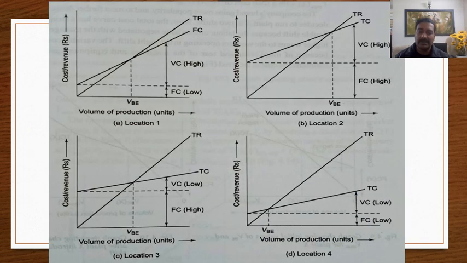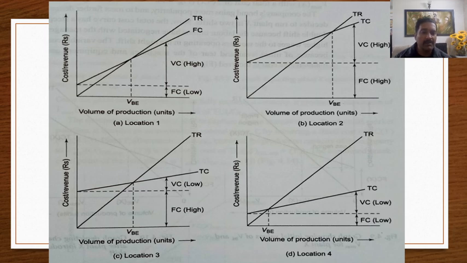Now let's see how we decide by using this technique. For example, let us suppose a company needs to decide which of these 4 locations, location 1, location 2, location 3 and location 4, is most suitable for their new facility location. So here they have drawn 4 graphs. For location 1, variable cost is high and fixed cost is low, and in location 2 fixed cost